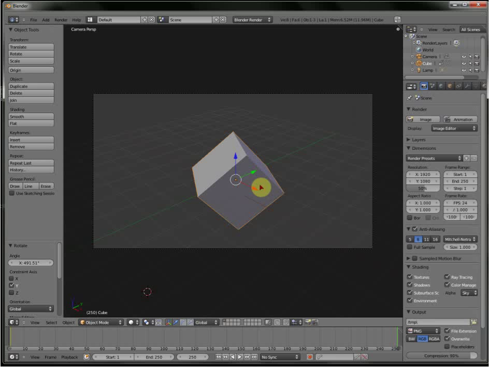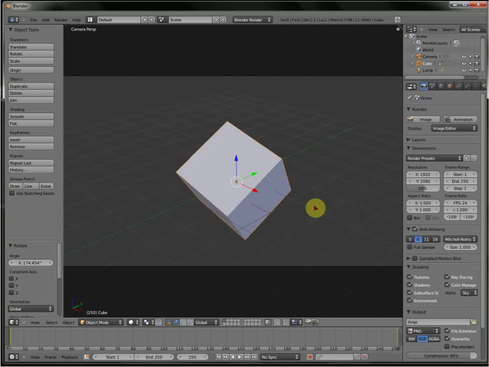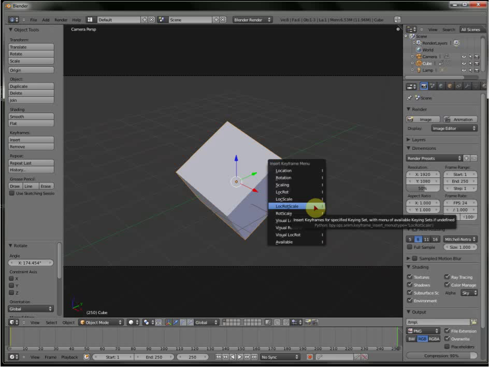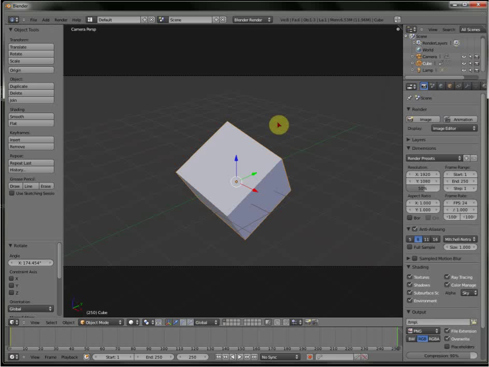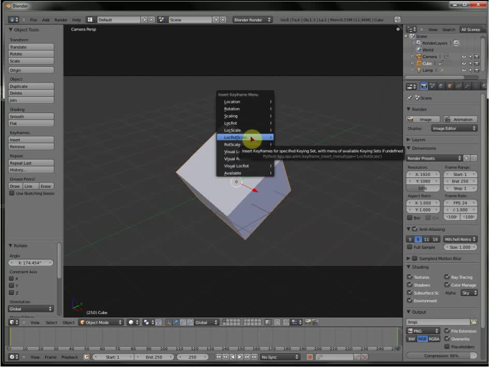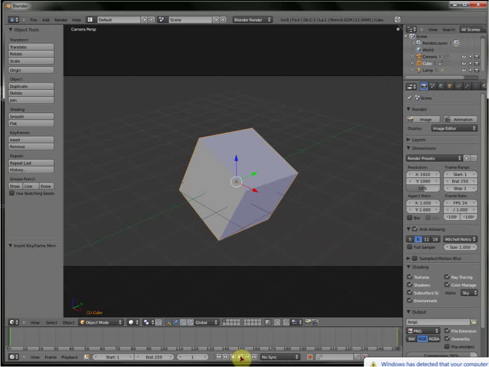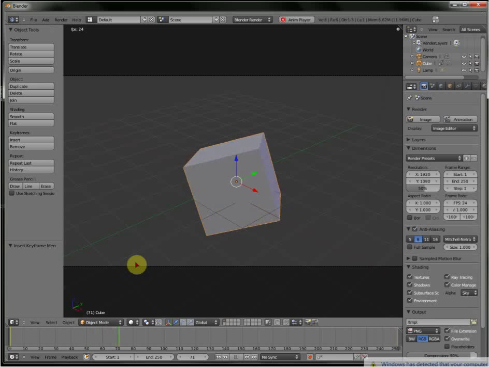But just rotate that somewhere, some direction, and press the I key again. Remember the I key, which is the insert keyframe menu, and just click location, rotation, scale right there again. And let's go back. As you can see, it changed, and press play. Magic. And as you marvel at that,